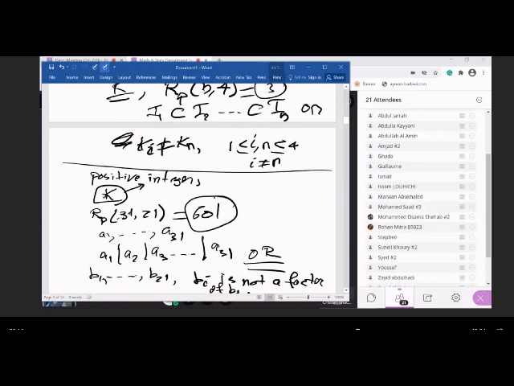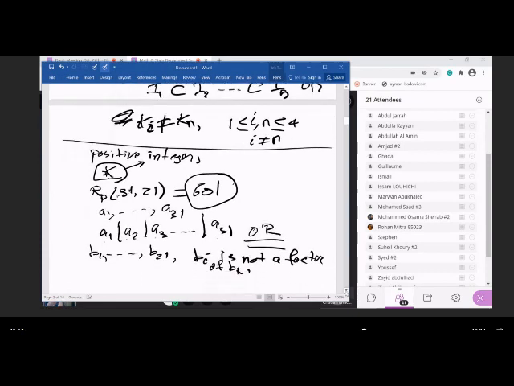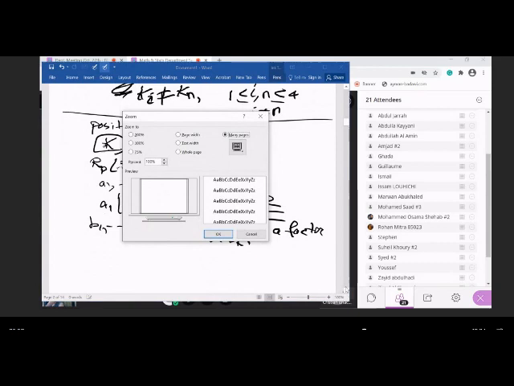So what does that mean? If you go and select 601 numbers randomly, say 3, 7, 8, 9, 10, 15, 100, 205, 300, then you are sure there are at least 31 numbers where the first number is a factor of the second, which is a factor of the third. What I'm trying to tell you is that if your graph is a partial order,